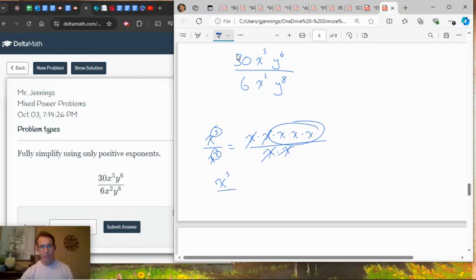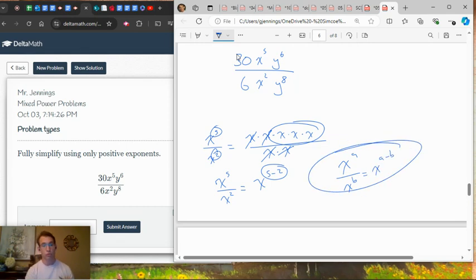How could we have got there from these numbers? x to the 5 divided by x to the 2 is equal to x to the 5 minus 2. You just subtract the exponents. So if you ever have a general one, x to the a over x to the b, this is x to the a minus b. There's your rule. There's rules for all these, but I think y'all can do that for yourselves. Let's go. So in this case, we subtract the exponents. 30 over 6 is just 5. Okay, x to the 5 over x to the 2 is x to the 3, and y to the 6